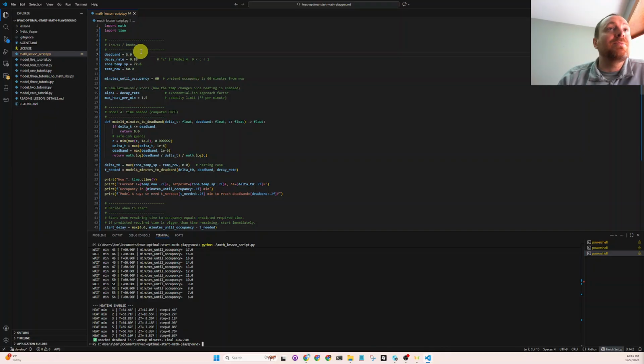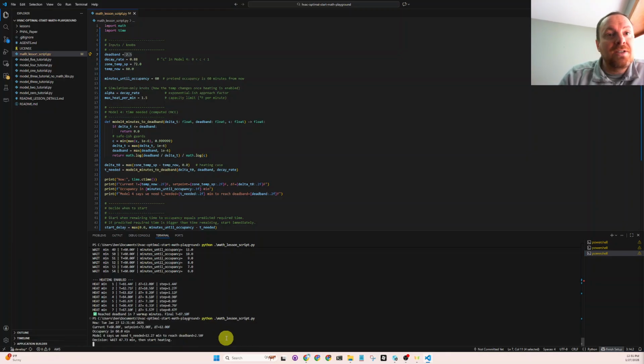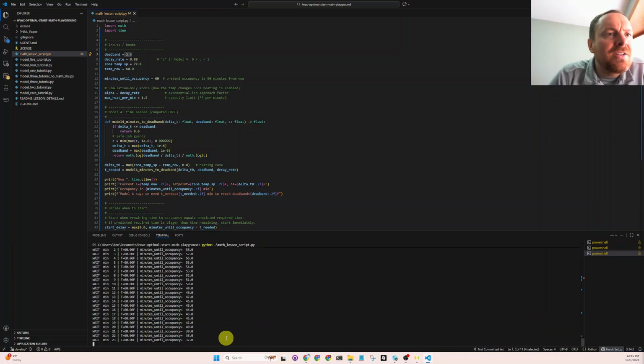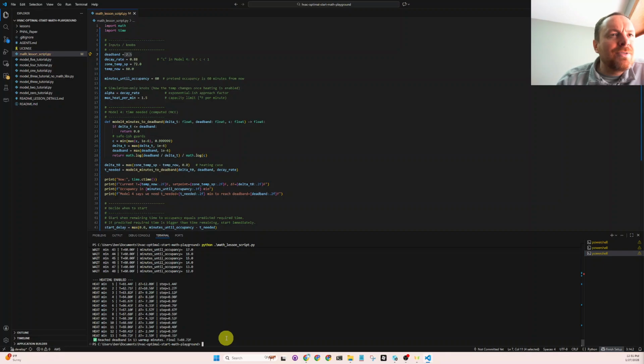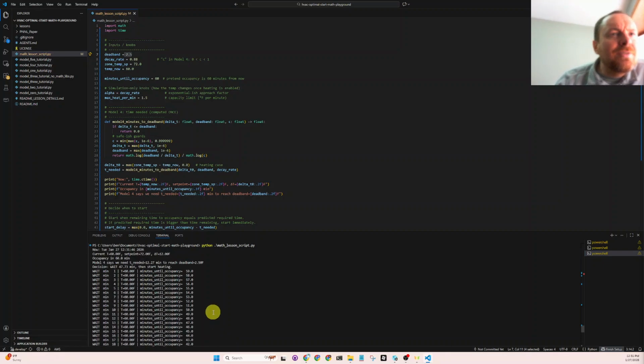Actually, I'm going to say this would be 2.5. I don't think this is a real deadband, because to me a deadband of 5 degrees would be 2.5 degrees above and then 2.5 degrees below, but this actually looked like it's subtracting a full 5 degrees plus or minus. So all right, let's see, not really sure what this does, but our model is predicting 12 minutes to